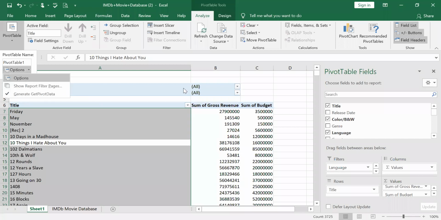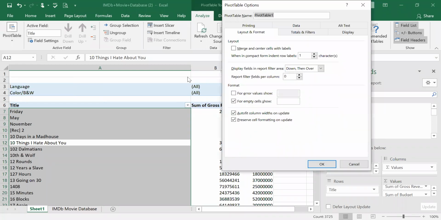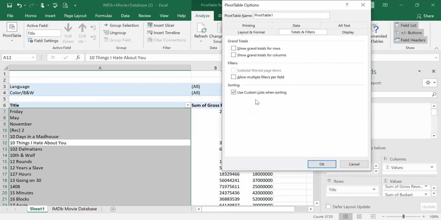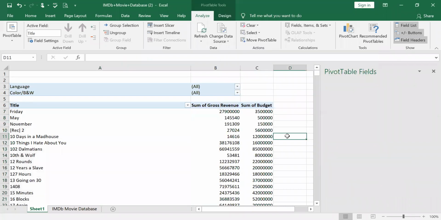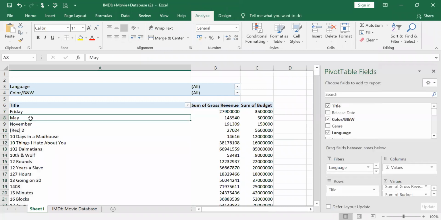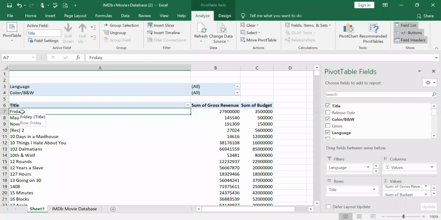When you click Options, you get Totals and Filters. Click that, and here you have use custom lists when sorting. You just have to uncheck it, and when you give okay, automatically this will get changed, and this one will not be there.